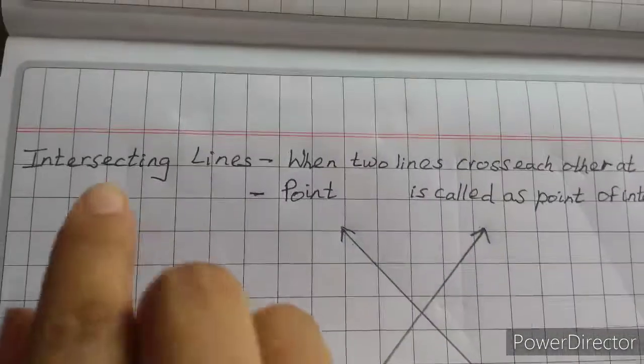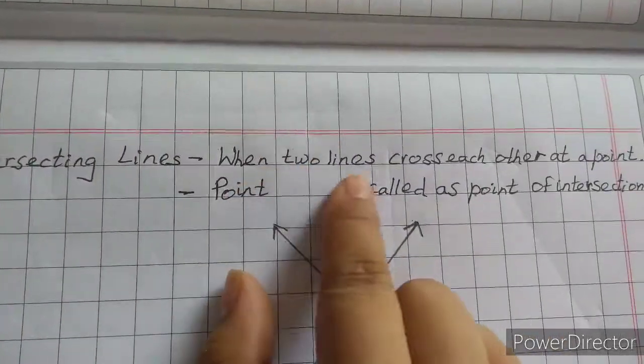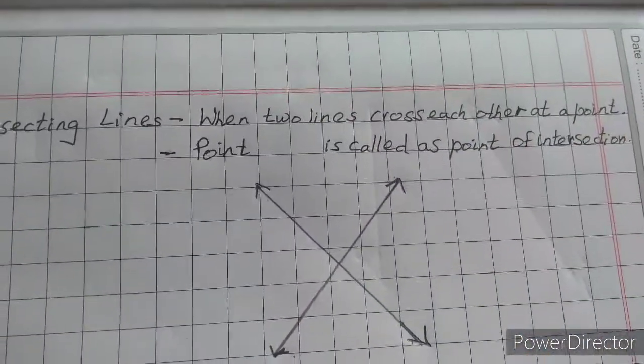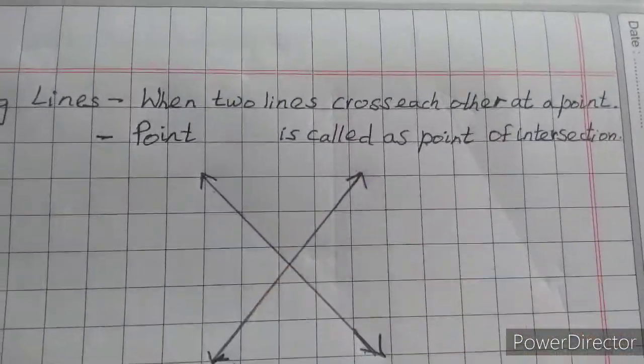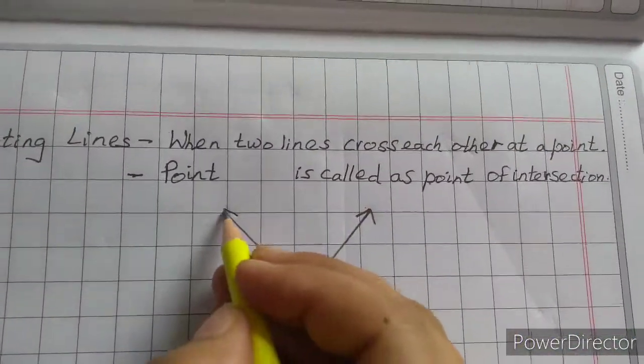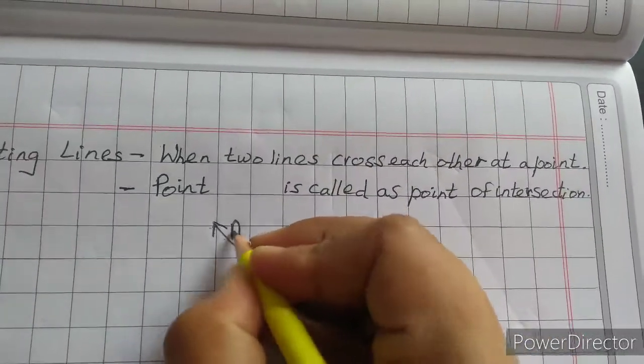Okay. Next is intersecting lines. What are intersecting lines? When 2 lines cross each other at a point. Now you can see here 2 lines. 2 lines means here there is this one line and it has 2 arrowheads. So that means it's a straight line. And if we name it